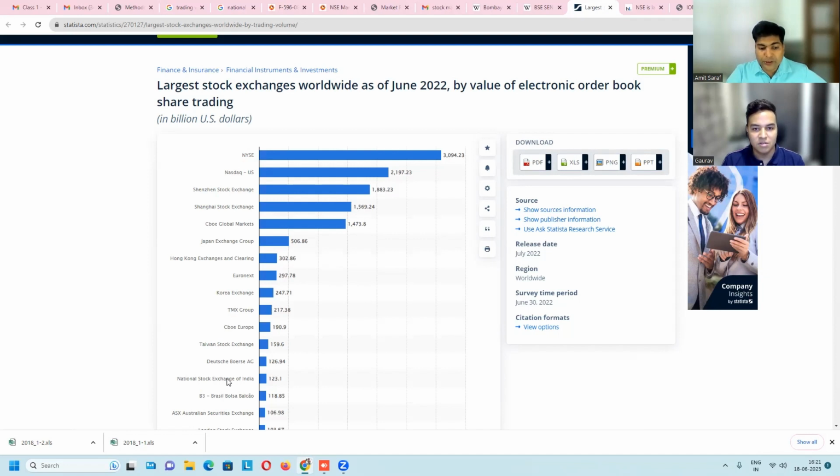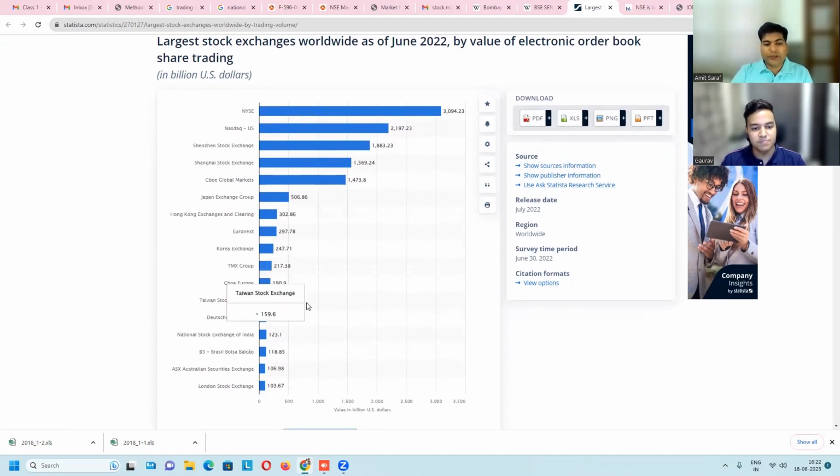So National Stock Exchange is so low. Even the Koreans, which in terms of economy are of significant size but still smaller than India, a much smaller country with a much smaller population, are still far ahead of us in terms of equity volume. So that shows we are far behind, and that shows the scope that we have, the kind of growth opportunity we can see in equity participation. That is a very good thing for a budding trader, that you are entering something which has a lot of growth expected in coming years.